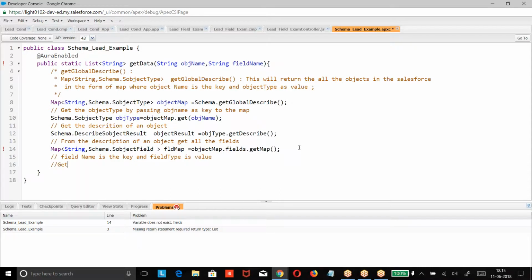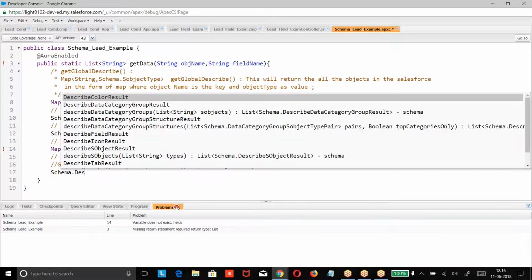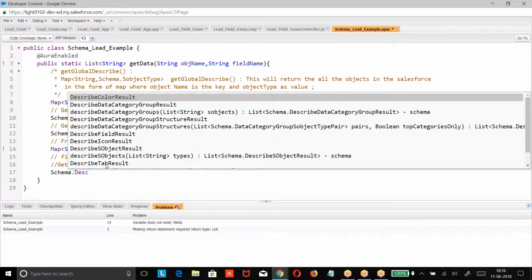Now get the description about a given field. Schema dot describe field result.